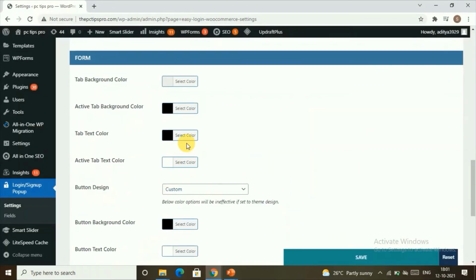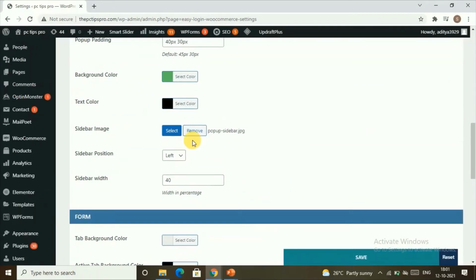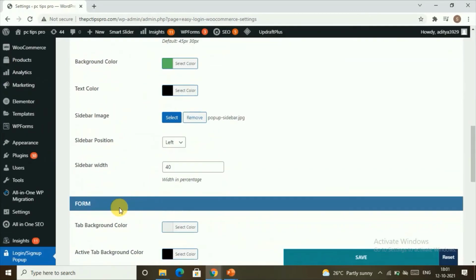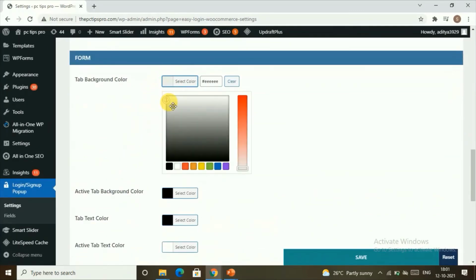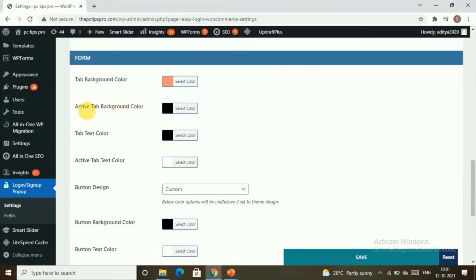So this is all for the pop-up, and then here we have the form. Here we can choose our tab background color, the active tab background color, tab text color, and active tab text color. You can customize your forms as much as possible from these options.